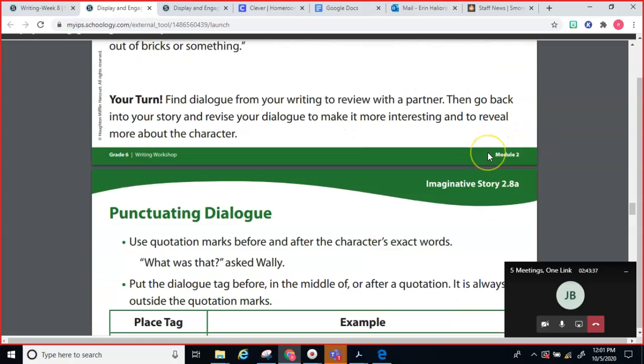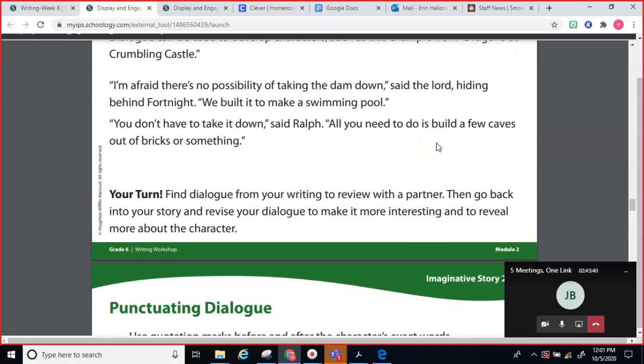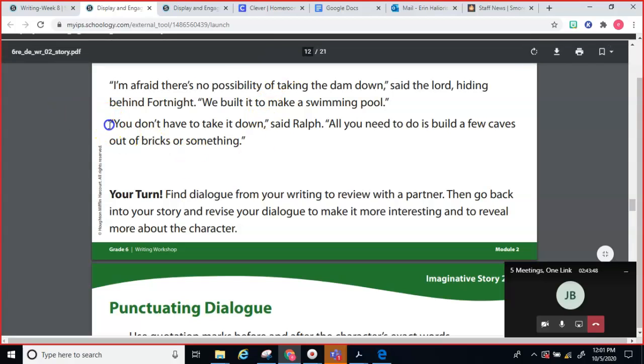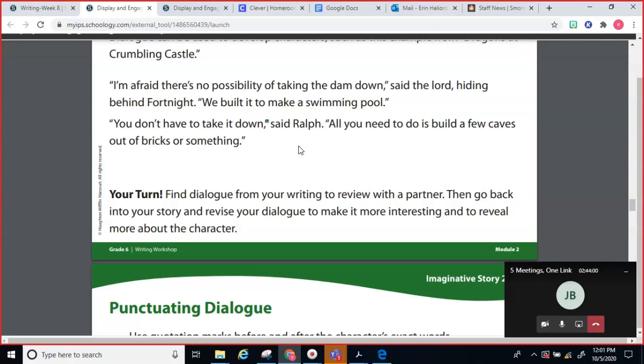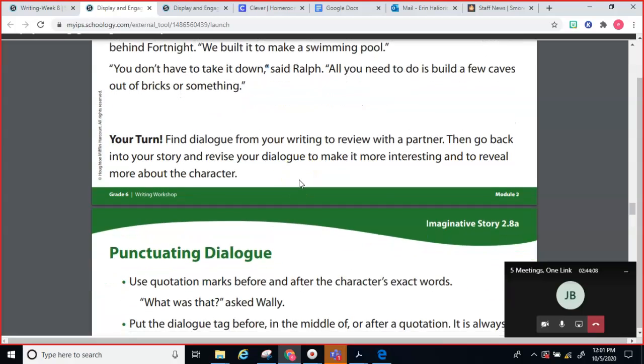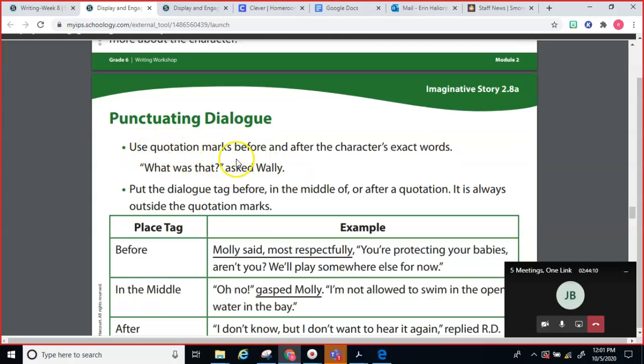How many of you know how to punctuate dialogue? Do you know what kind of punctuation goes with a dialogue? You can see it. Right, so we got quotations. We got them at the beginning, before they talk, and then we have it at the end after they're done talking. And then there's one other thing that always goes with it. A period. It's not always a period. A comma. A comma. Right, so down here, use quotation marks before and after the character's exact words,